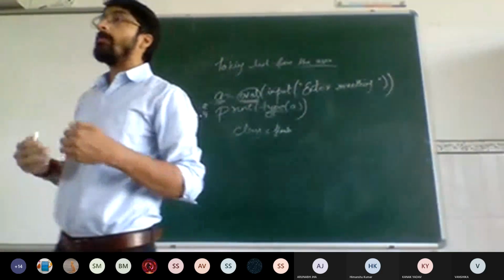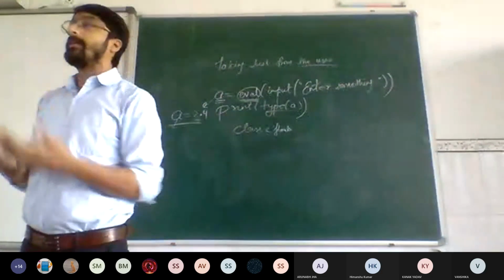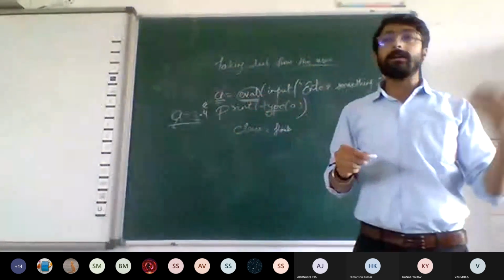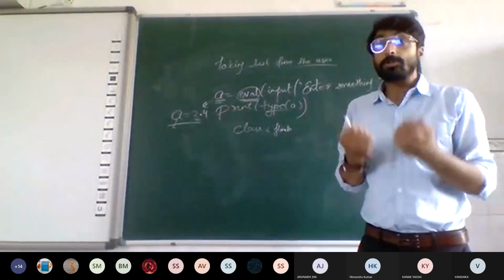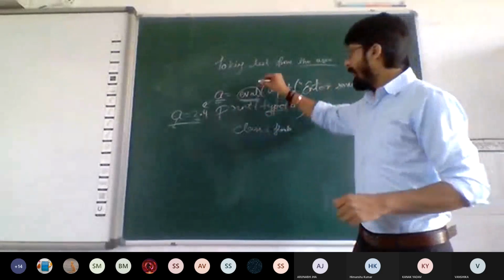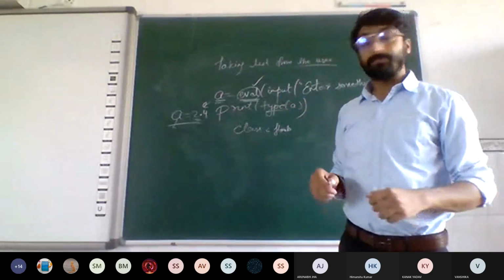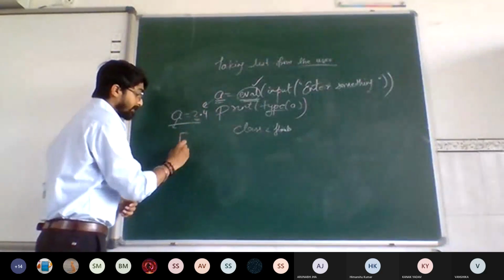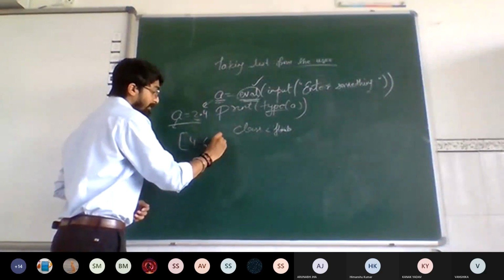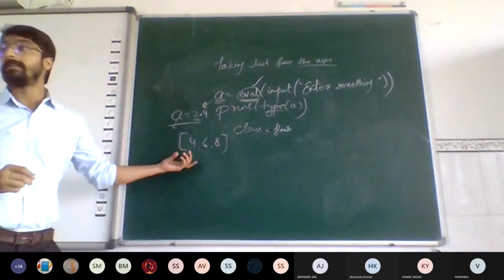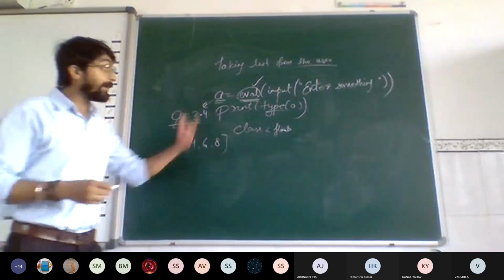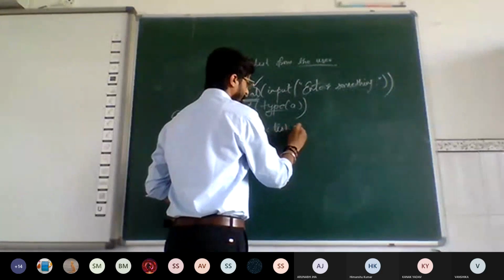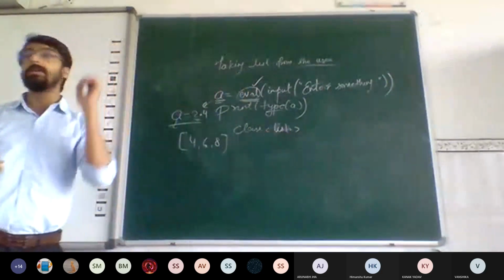This eval is useful. I don't know what kind of value I'm going to enter in this particular variable. I'm not sure about that. If I'm sure, then I would have written int or float like this. But if I'm not sure what kind of value I'm going to enter, I can use eval for that case. Right? Now what if the user has entered like this: square brackets open, 4, 6, 8. It is a list. So it will automatically evaluate it as a list, a method to input a list from the user.